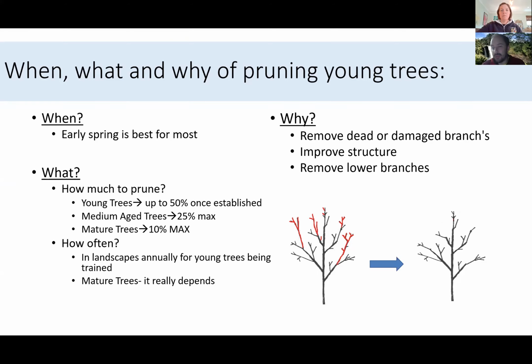And like emerald ash borer, that's definitely true. That's one of the most common wood-boring insects, and I believe it's true for a lot of other wood-boring insects. However, one of the misconceptions is that the pruning wound you create is going to be how the borer gets into the tree. That's usually not the case, right? So you attract the insect to the tree by pruning, sometimes by pruning when the adults are flying, but you do not let the insect in through the pruning wound normally. So if you know you're dealing with an ash tree, you might want to hold off on pruning until later in the summer.